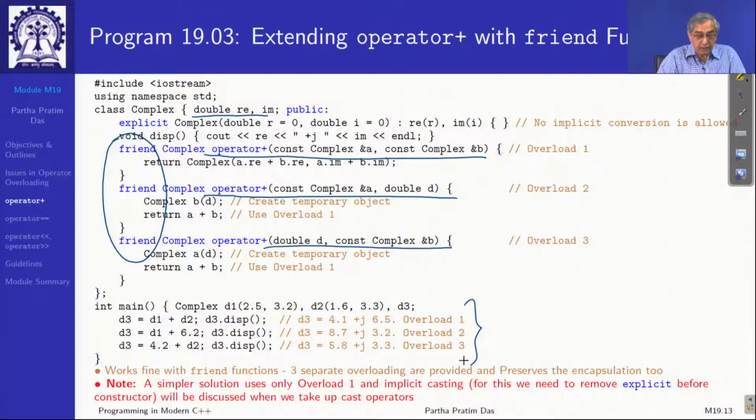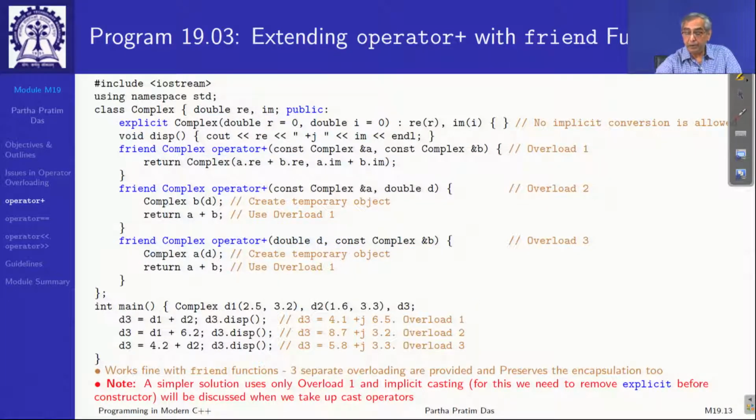I could have done a different solution also, which we will discuss further in a much later module when we talk about casting, is that do not make the constructor explicit and just provide one operator. Mind you, this will also work, but it will work differently. The way it will work is, since d1 plus d2 is fine, but when I do say d1 plus